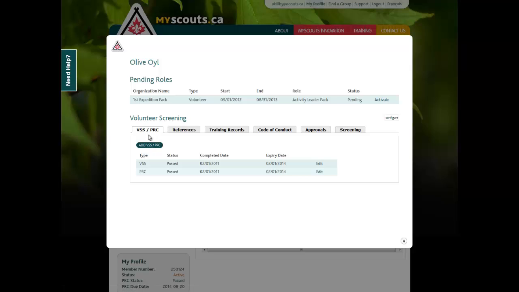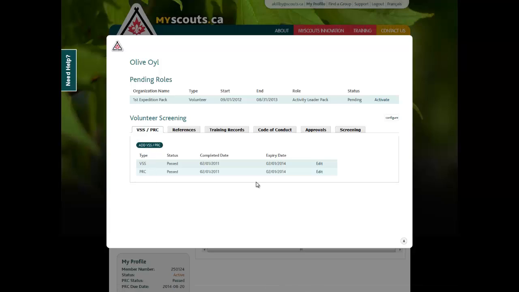So instead of being recorded as a static date at which that volunteer has an expiring PRC, each renewal or each instance of those records is now recorded. So a complete history can be determined by looking at this list now. The current PRC for this individual expires in 2014, but if that were to expire today, we would be able to add a new PRC through this button here, and then we would see a new PRC entry. But we would also be able to see the old PRC entry, so we can see a complete history of how that has evolved. The same goes for the VSS, so if that needs renewing as well, we'll add that